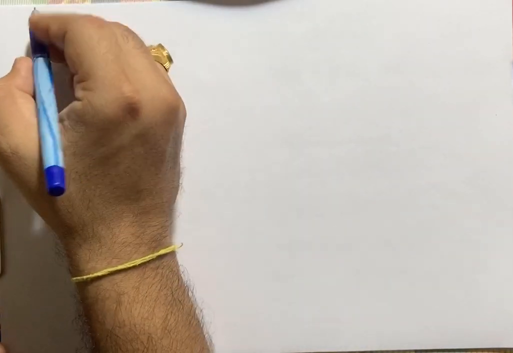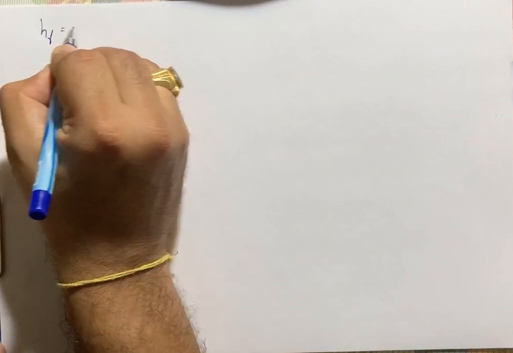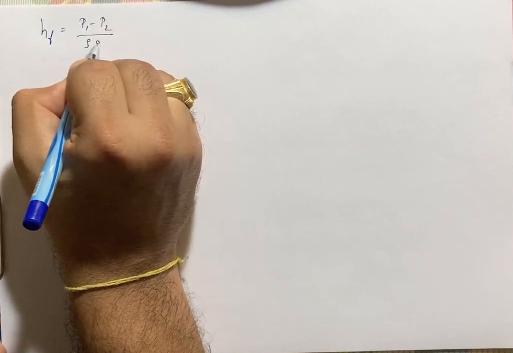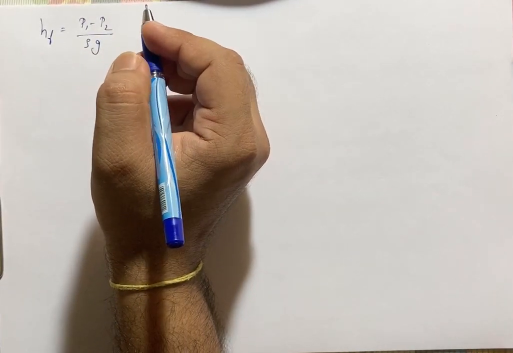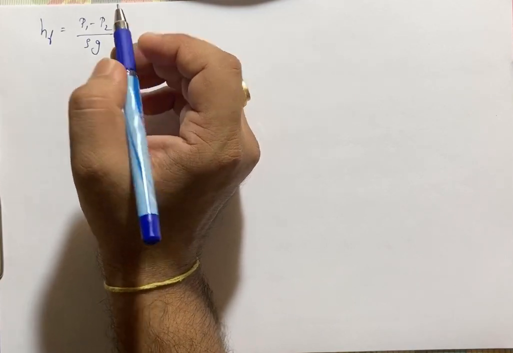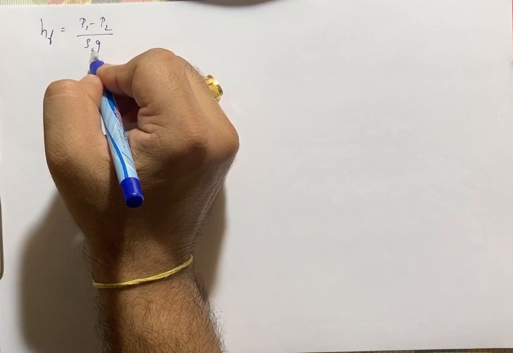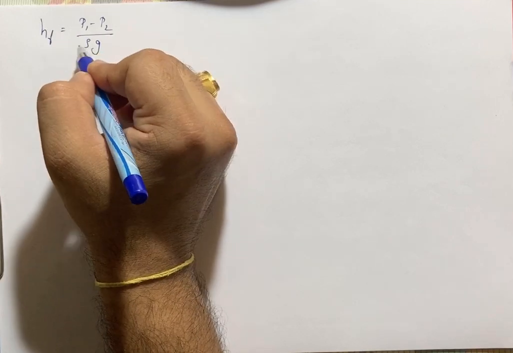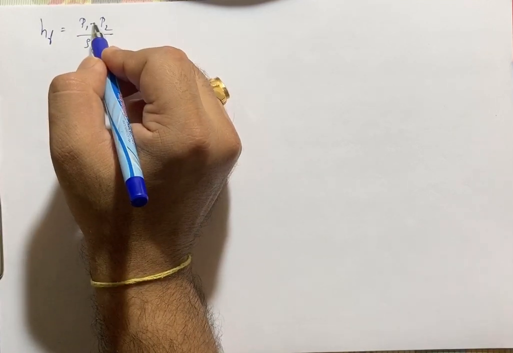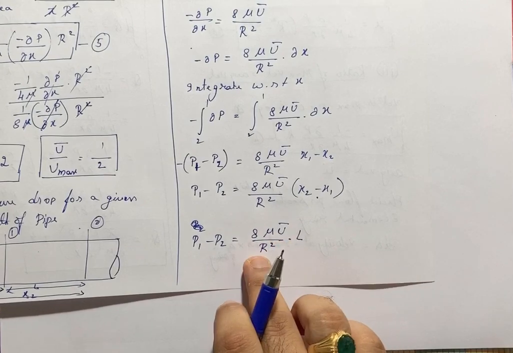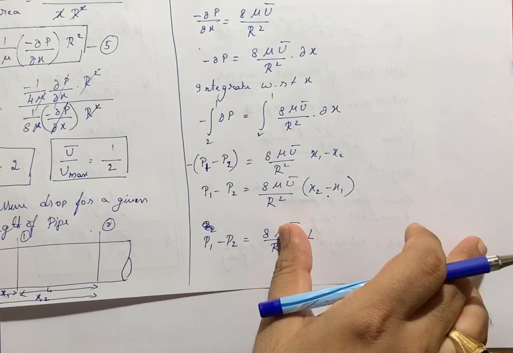So hf is equal to p1 minus p2 by rho g. This is what head loss due to friction is. Or p1 minus p2 is equal to hf into rho g, or rho g hf is equal to p1 minus p2. Now when I substitute this value, p1 minus p2, which I got as 8 mu u bar divided by r square into L here,